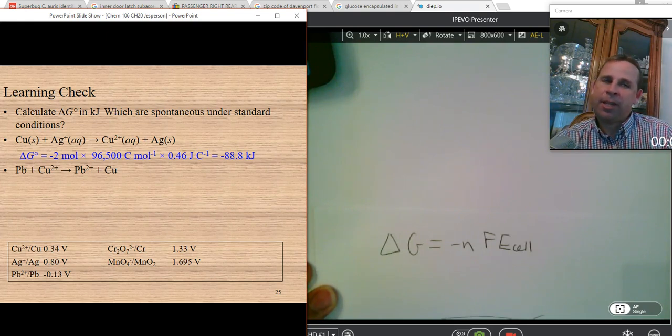The only thing that's new here, and something that we might not be comfortable with, is our N, right? What value did you get for N in this scenario? Show your neighbor how you know what value we're supposed to have for N. It's 2, right? It's supposed to be 2. It's 2 because we see that lead has to